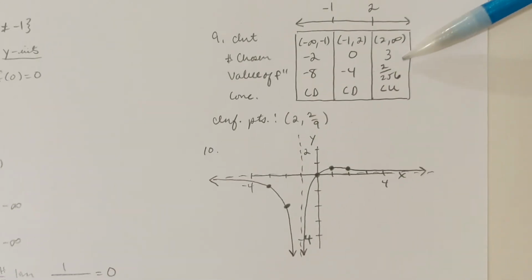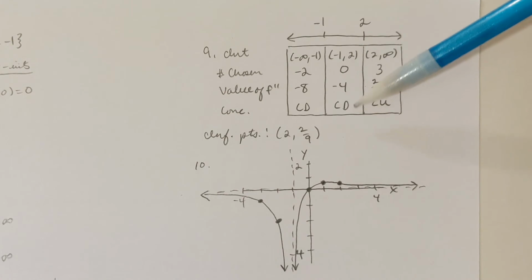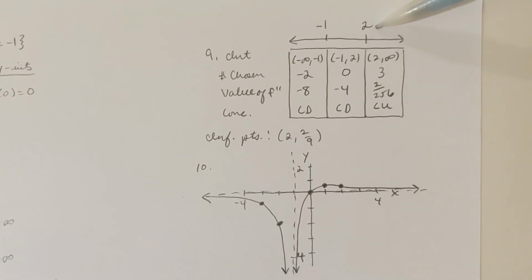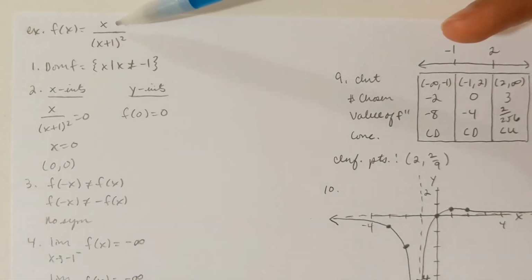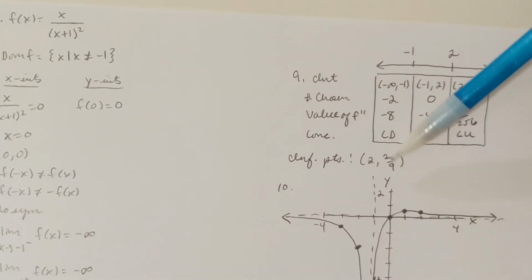Okay, so I'm getting 2 divided by 256. That's a positive, so we're concave up. We switch concavity once. We switch from concave down to concave up. And so we're going to have an inflection point at x equal 2. When x is 2, and you plug that in here, 2 divided by 3 squared is 9, so 2/9 would